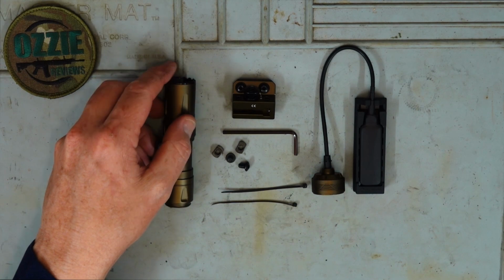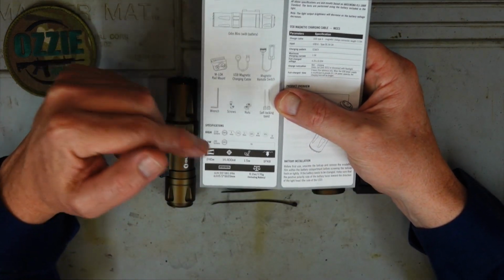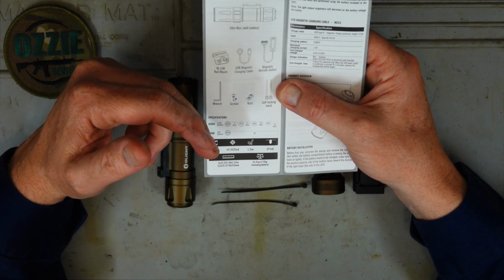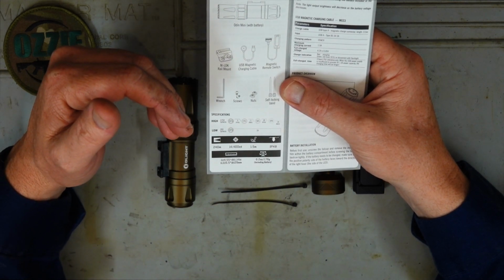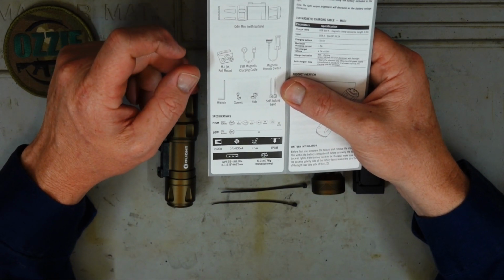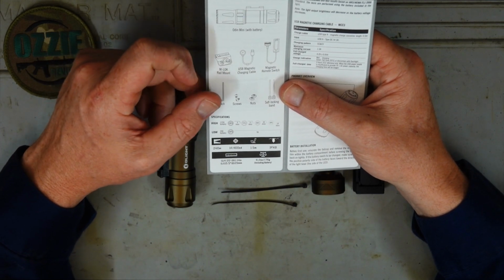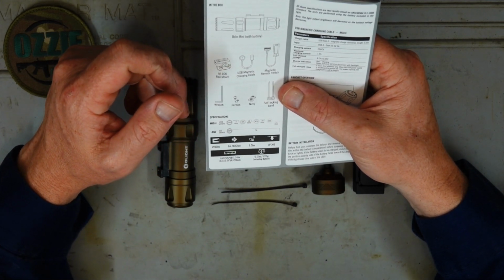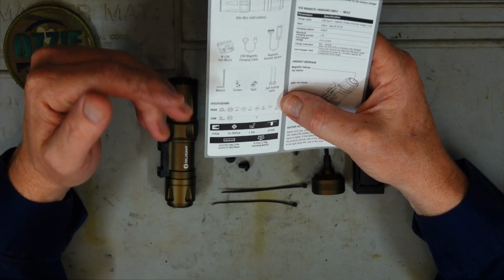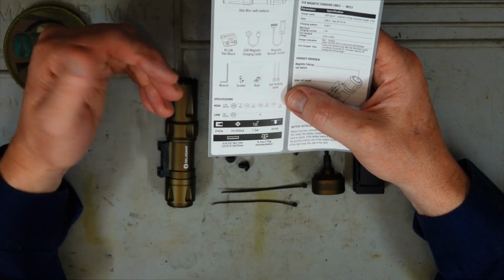Now, like I do with a lot of the other Olight reviews, it's honestly easier just to refer to the manual here and you can see the different run times there, okay? So basically, if you're going to run it there at 1250 lumens, it'll run there for 6 minutes, then we'll drop back to 900 lumens for 11 minutes, 700 lumens for 39 minutes, and then it'll drop back to 200 lumens there for 14 minutes, okay? If you do put it on a low mode, which is just straight 200 lumens, you'll have 5 hours of